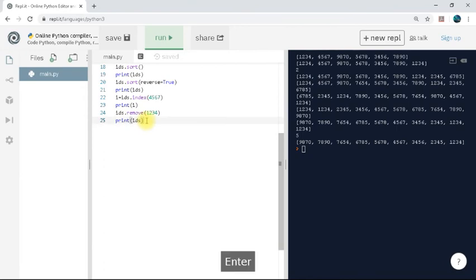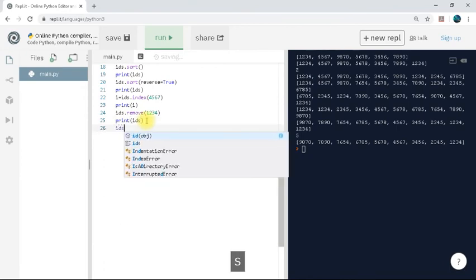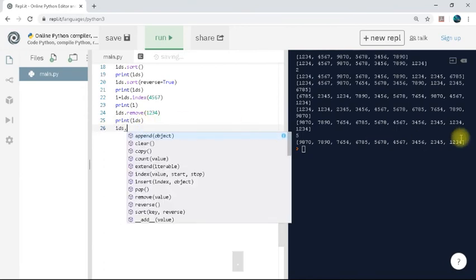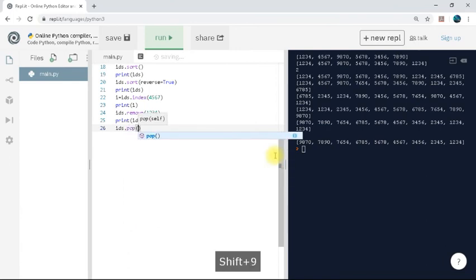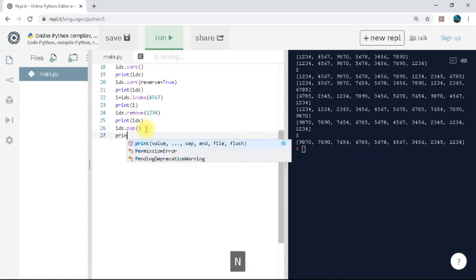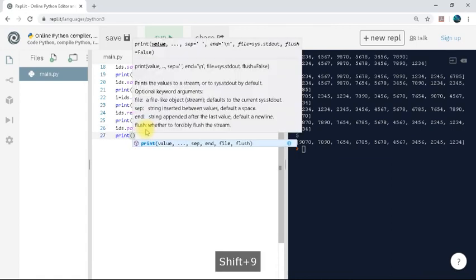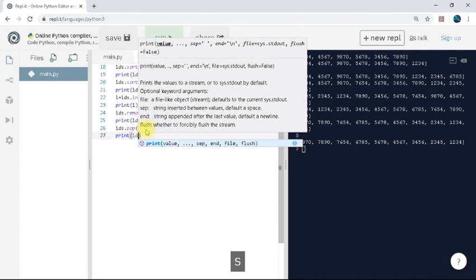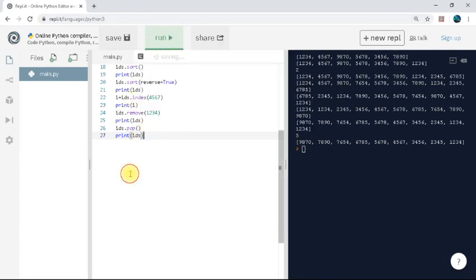Now we have something called pop. Now pop is actually going to remove the other 1, 2, 3, 4, but the pop in general removes the very last element, regardless of what it is, the very last value. Now if you don't have a value, it won't be able to remove it, so be aware of that. It's gonna give you an error if you don't have any elements. Right, it's remove the other 1, 2, 3, 4,